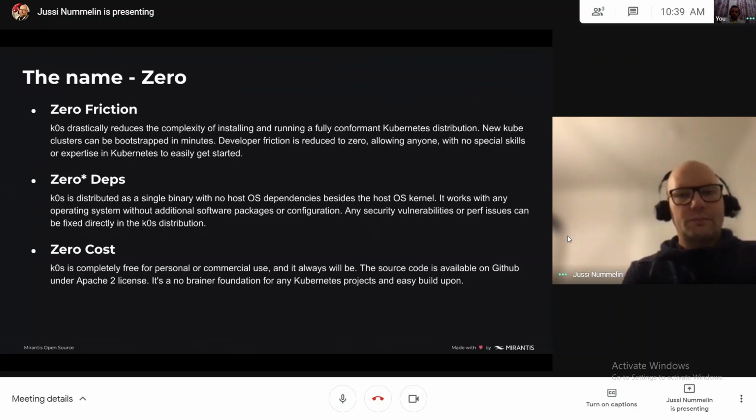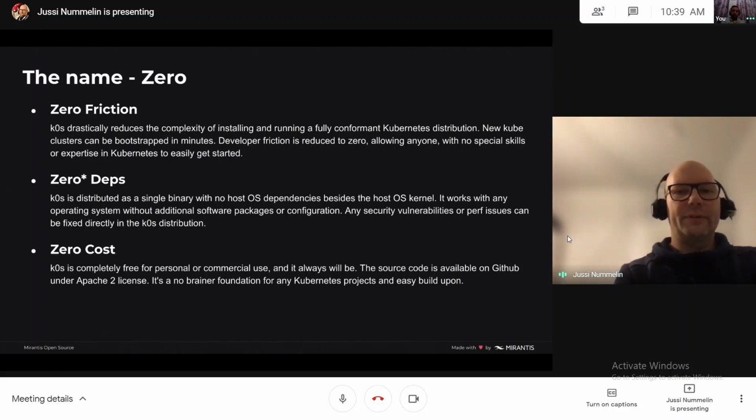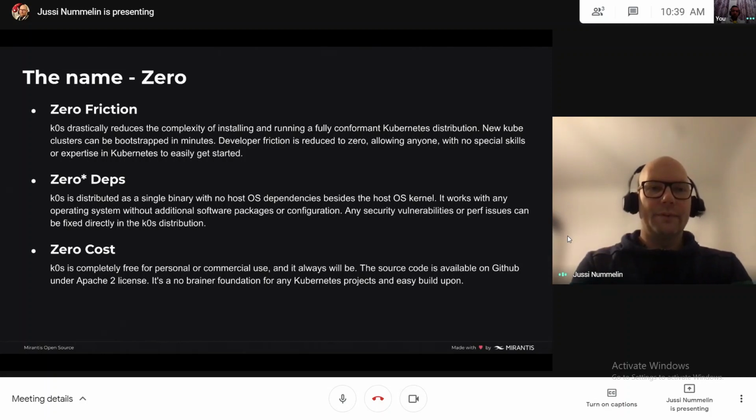So what we are trying to get at least is zero friction of getting you started with K0s and having a fully conformant Kubernetes cluster up and running. You shouldn't need 15 years of Linux experience in your pocket and another 7 years of Kubernetes experience to be able to figure out how this works.